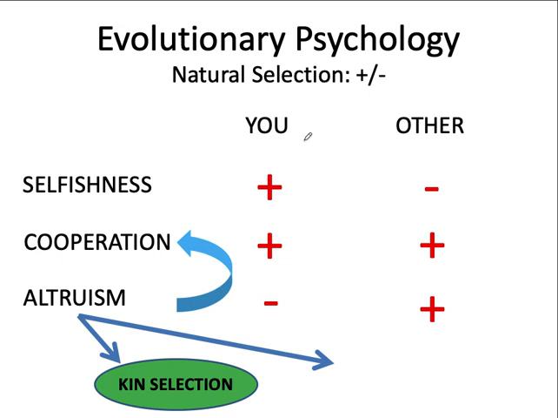So kin selection explains the appearance of altruism in animals. Even though it looks like at face value, an altruistic behavior is one that benefits another individual and costs you, it costs you a smaller amount in the moment, but gains you a larger increase in fitness in the end. So really, it's not truly altruistic. It ultimately is beneficial to you, but just on a larger scale of inclusive fitness.